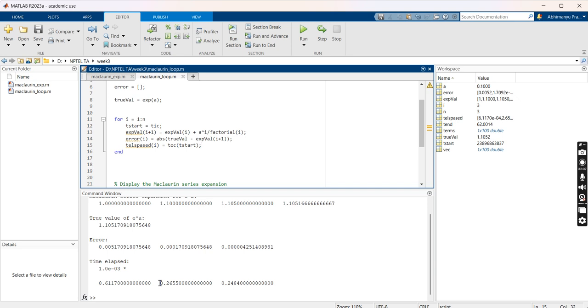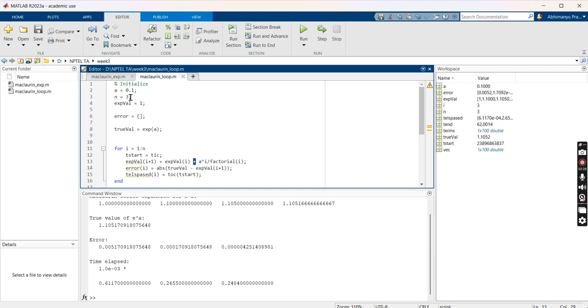The computational time required will not change by a lot, because I am just trying to add one more term. My computation time will only increase for this term over here and one extra summation. I am not doing it in a loop, so that is why the computation time is sort of constant. If I increase it to 10 number of terms,